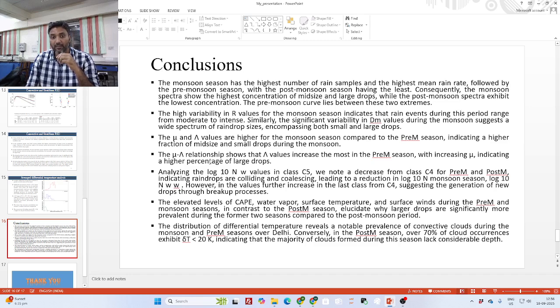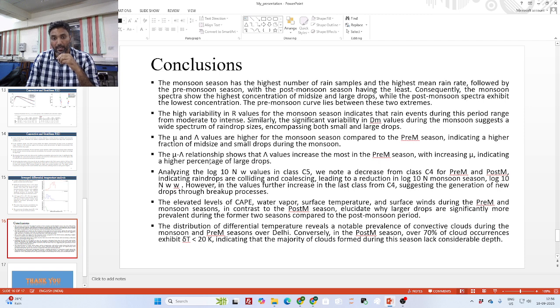So the mu and lambda values are higher for the monsoon season compared to pre-monsoon season, which indicates that the fraction of mid-size and small drops is higher during the monsoon compared to pre-monsoon. Pre-monsoon spectra contain mostly large drops, but monsoon spectra contain large drops as well as small drops. The mu-lambda relationship shows that lambda values increase the most in pre-monsoon season with increasing DM, again indicating a higher percentage of large drops. Analyzing the NW values in class C5, we note an increase from C4 for pre-monsoon and